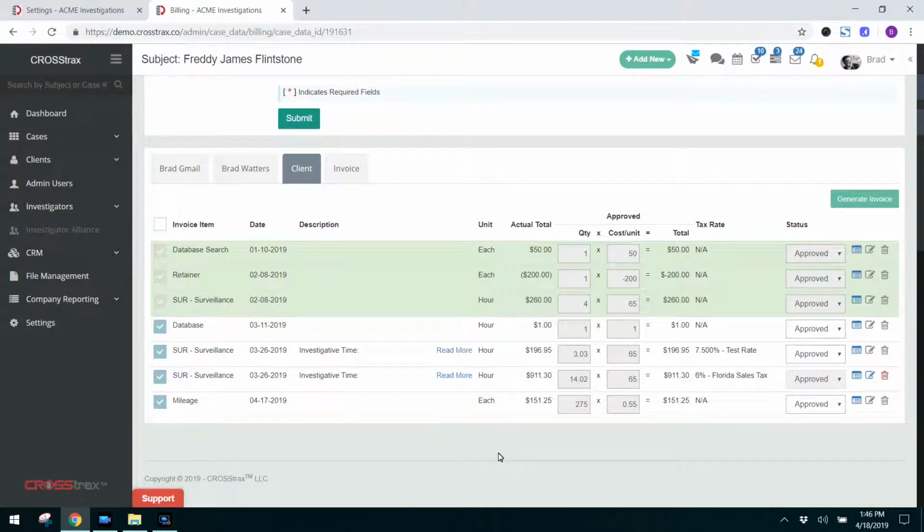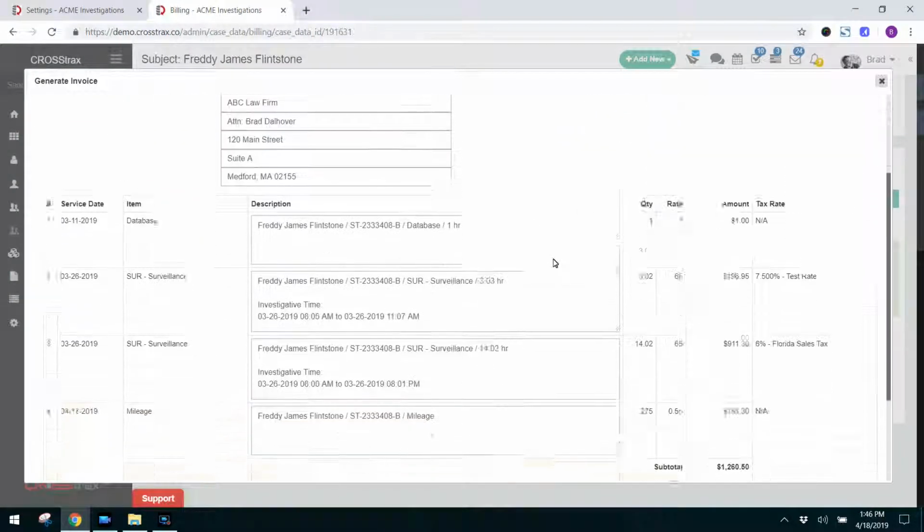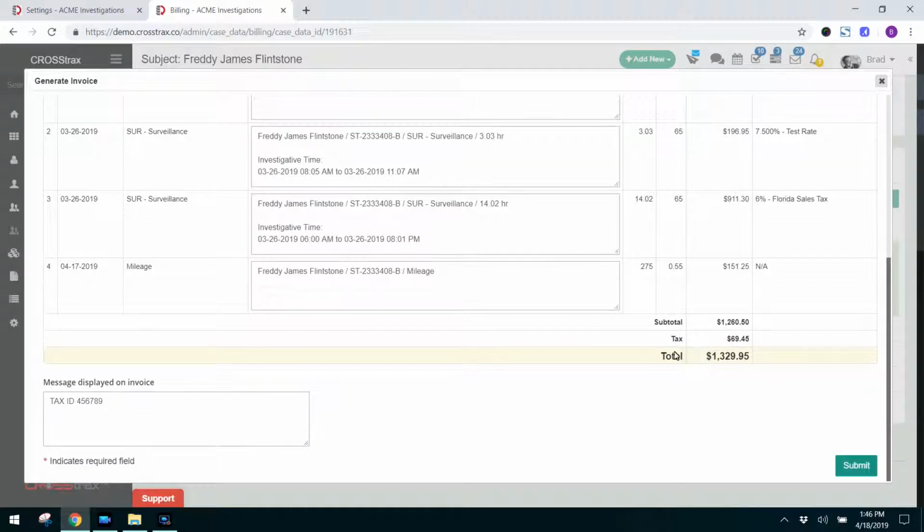Let's take a quick look and see how this tax rate is calculated on an invoice. I approved these 4 items. I'm going to click on Generate Invoice. And as you can view here, the tax rate has been calculated accordingly and is